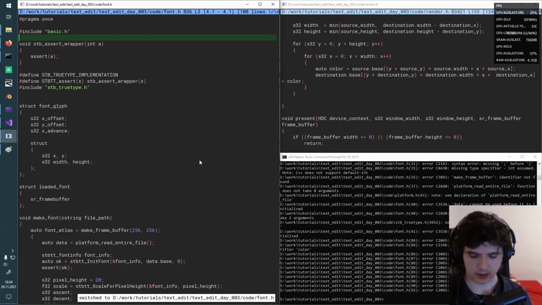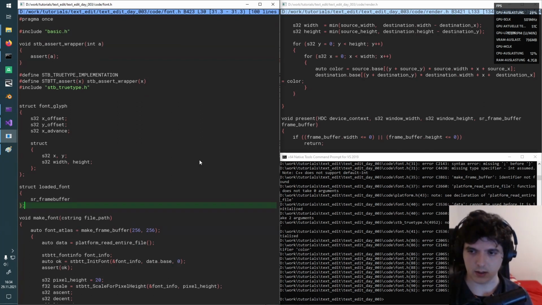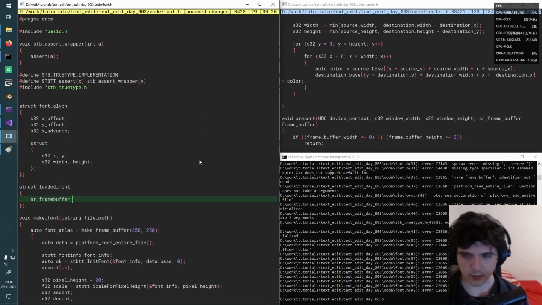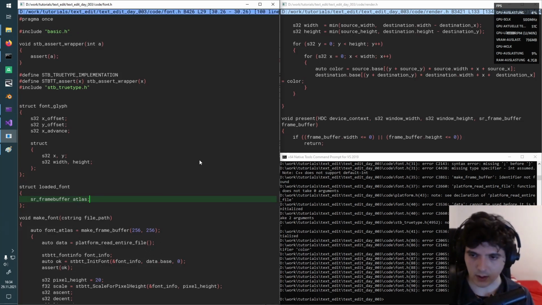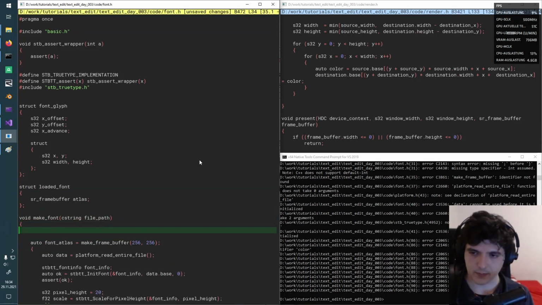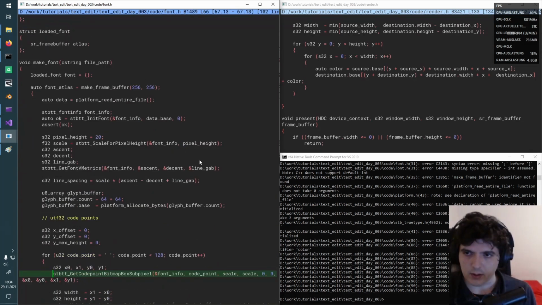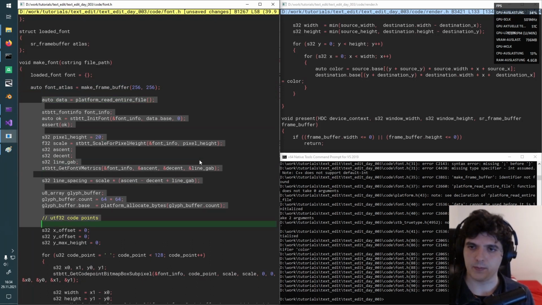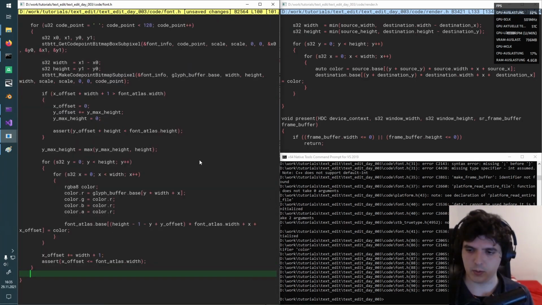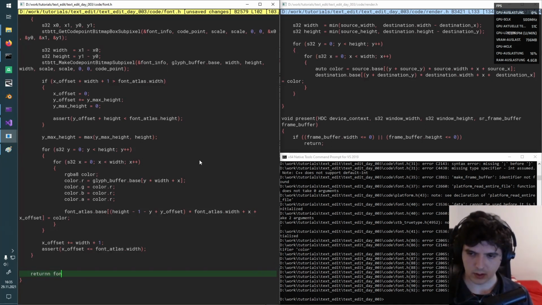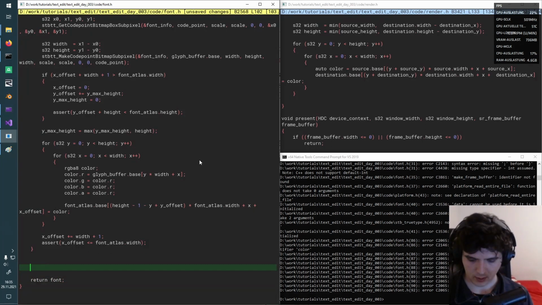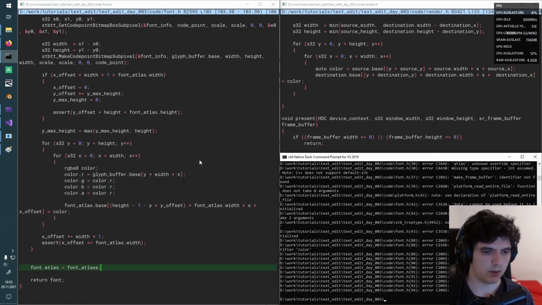Now if we go to the font.h, we'll see, we were about to add frame buffer. Just gonna call this atlas. And loaded font is what we return. It's gonna call font, initialize it to 0. Then we have all this stuff. It's a beautiful piece of work. So here, remove one of this, return our font if everything went well. We set our atlas to the font atlas. And slowly but surely